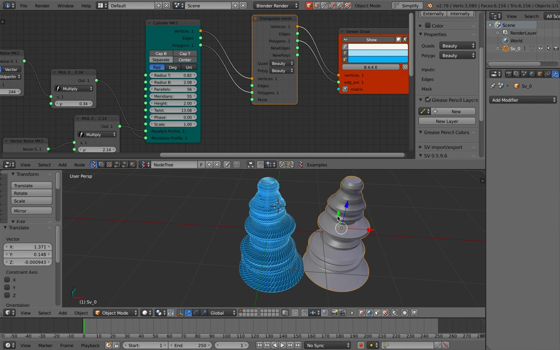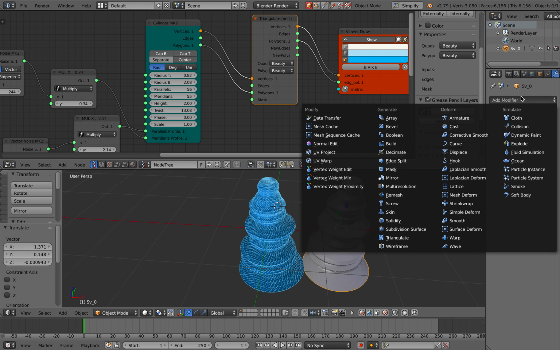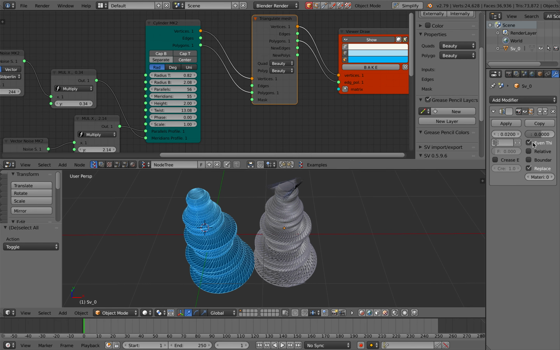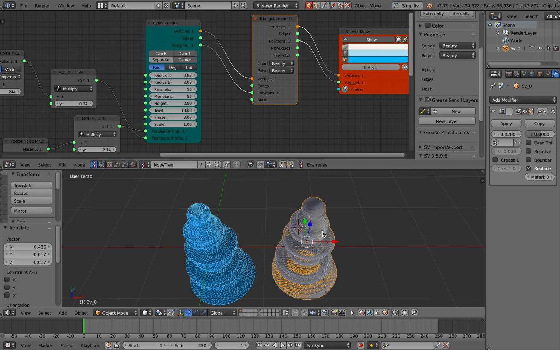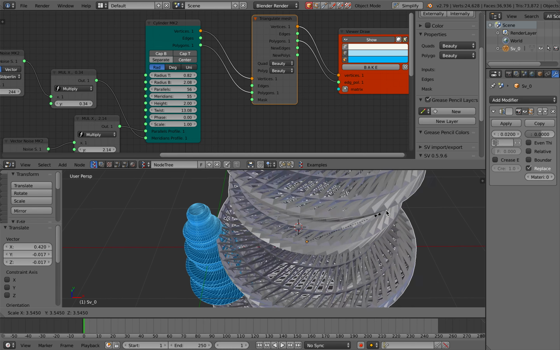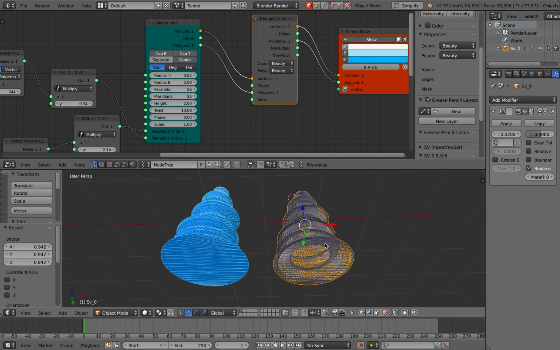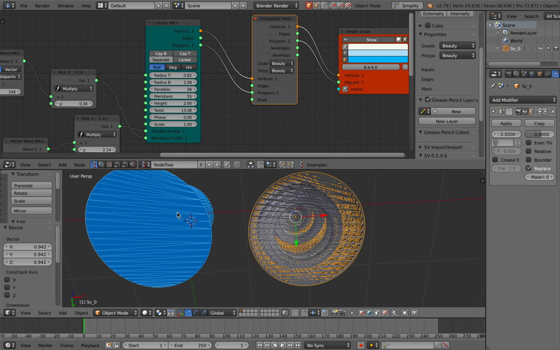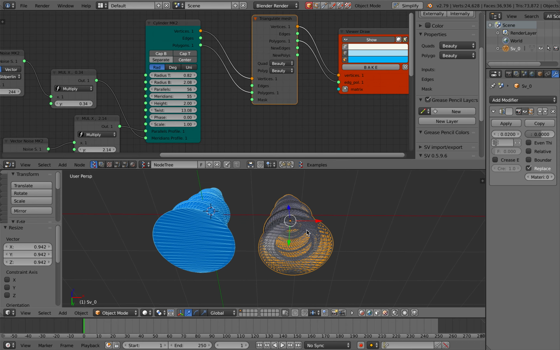Triangulated mesh, and you can wireframe it. Select, turn off even thickness. Yeah, it's some kind of design. It's not great because it's got triangulated like that, but